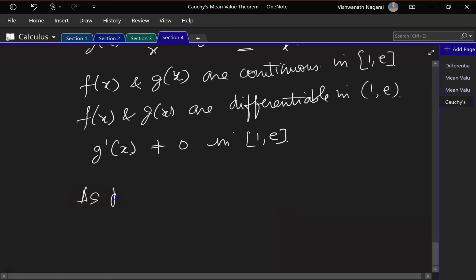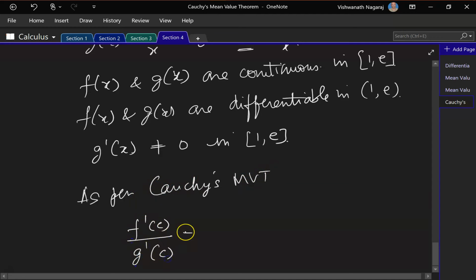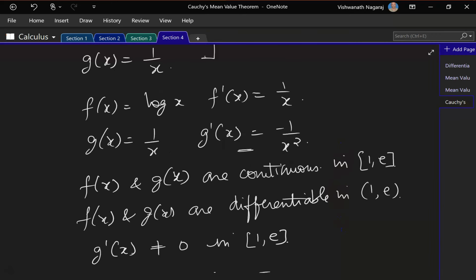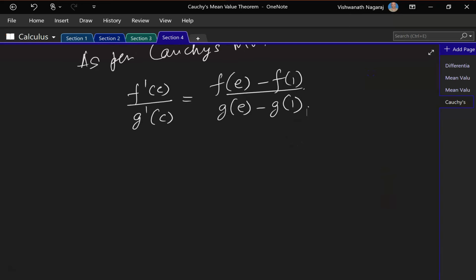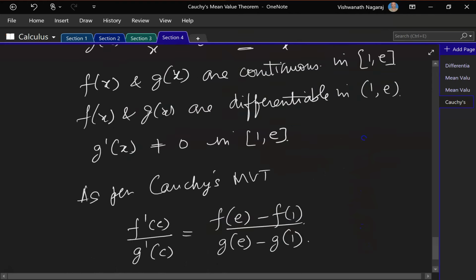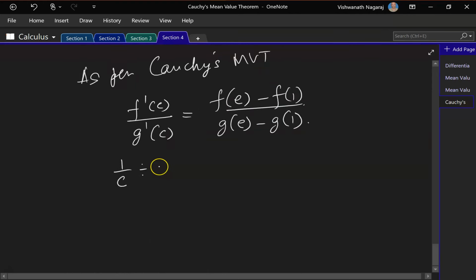So as per Cauchy's mean value theorem, f prime of c by g prime of c is equal to f of e minus f of 1 by g of e minus g of 1. Now f prime of c is what? F prime of c is going to be 1 by c. So 1 by c divided by g prime of c is what? Minus 1 by x square, and we are talking at c, so minus 1 by c square, is equal to